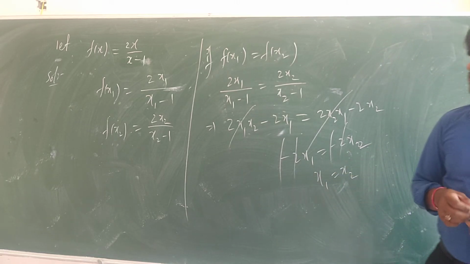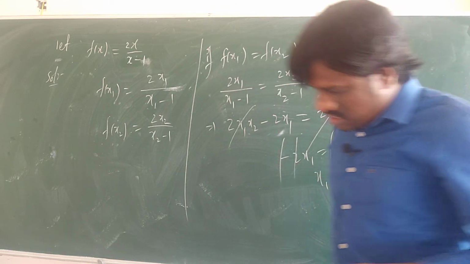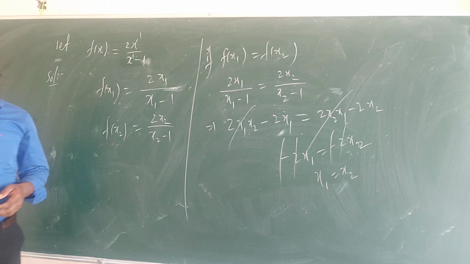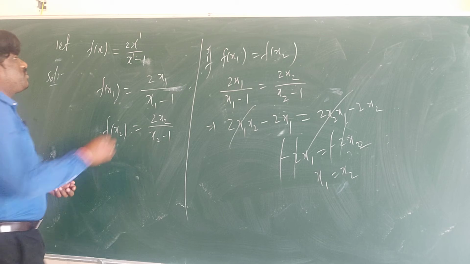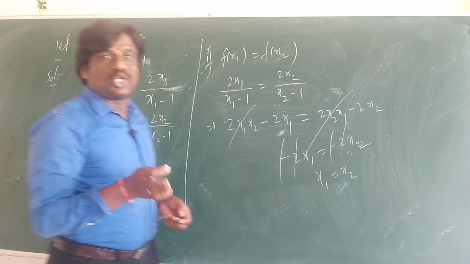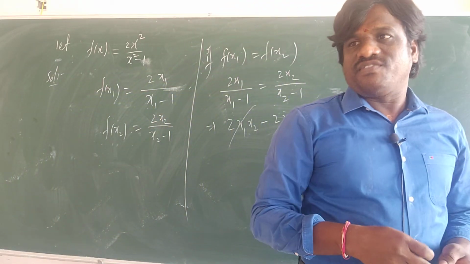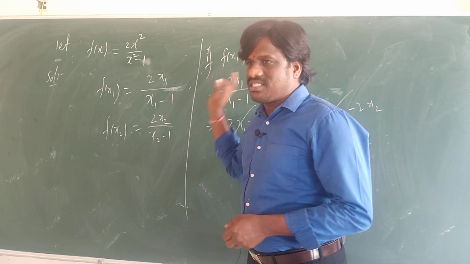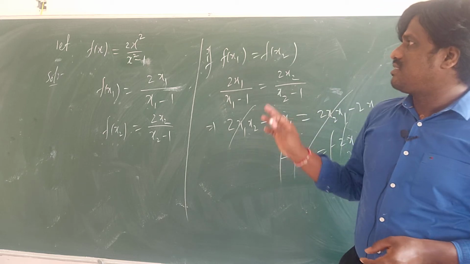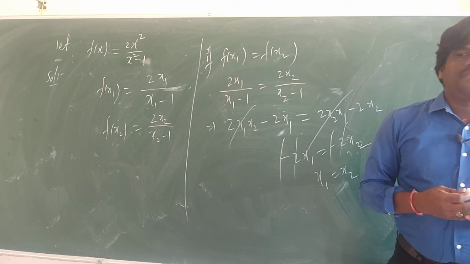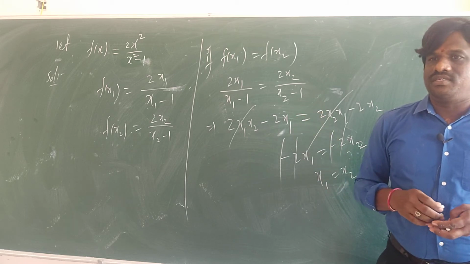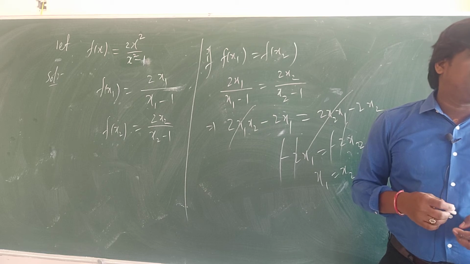I'll tell you a simple funda here. Whenever a question is given, and in this question the degree is 1, okay, suppose you have a square, then you will not get it. Cube, then you will not get it. For square also, if it is defined from natural numbers to natural numbers, then it becomes one-one. Otherwise, if you have even powers, then you can directly say without doing anything that it is not a one-one function. If odd powers, you can say it is a one-one function.